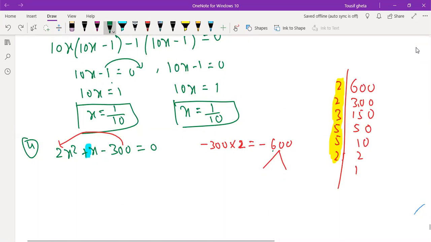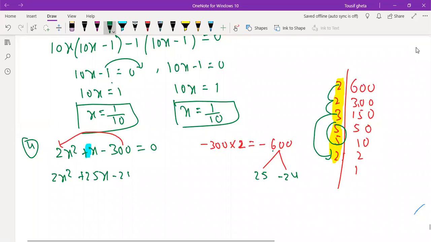Okay, I will take 5 fives are 25. 2 twos are 4, 4 threes are 12, 12 twos are 24. Yes, we got it. So 24, 25. We need plus 1, so give your minus. If not, you can write even like this, 25, 24, as you wish. So we will write here 2x square plus 25x minus 24